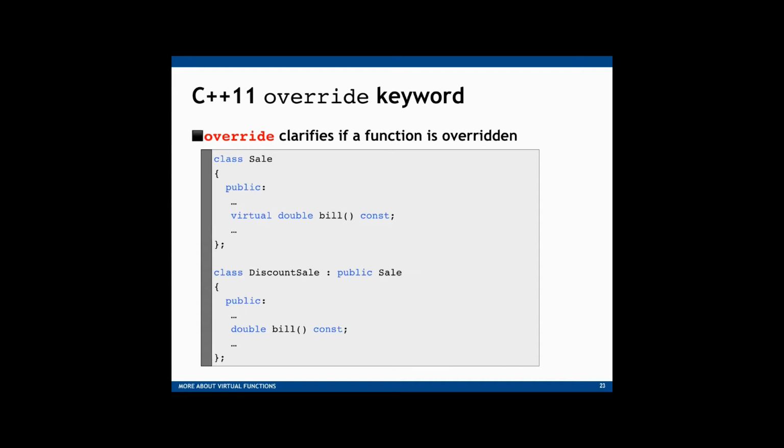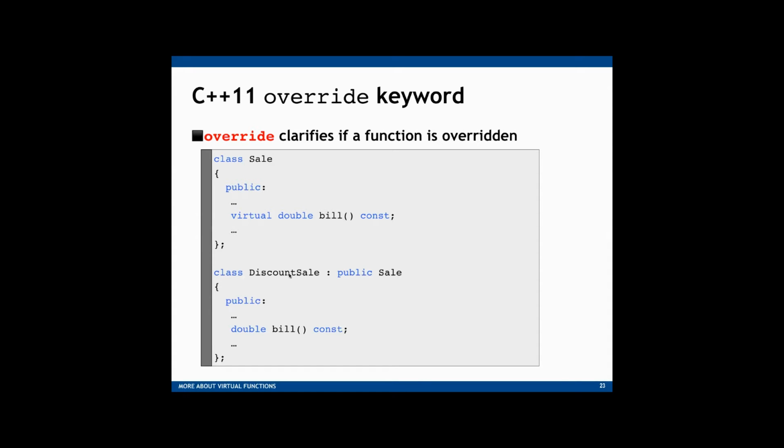First, let me introduce you to the override keyword. The override keyword is newly introduced in C++. C does not have this. The override keyword has two advantages. First, it prevents programmers' mistakes. Second, it improves the readability of your program. For example,